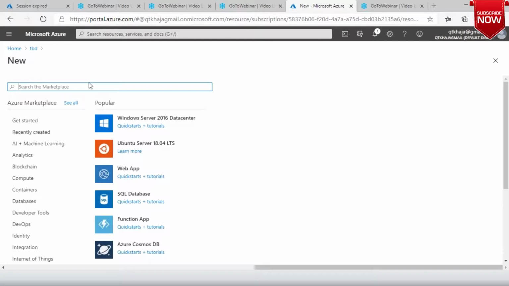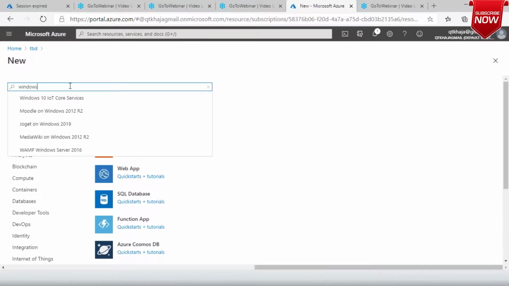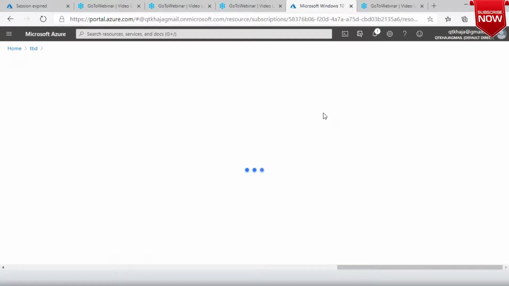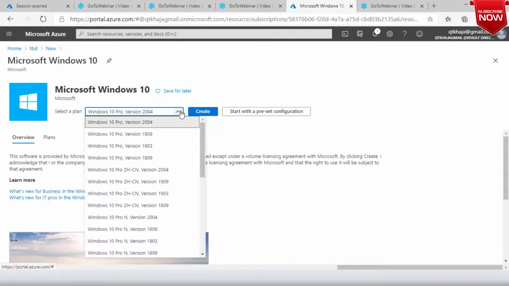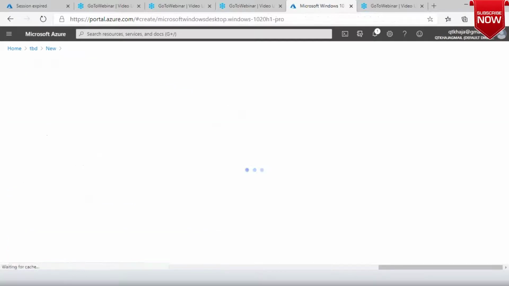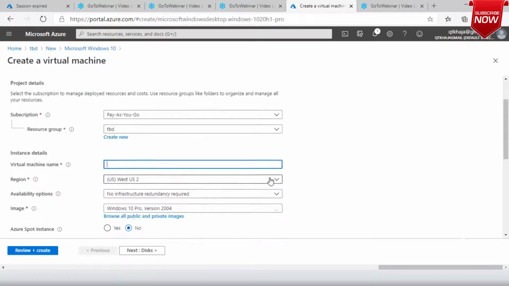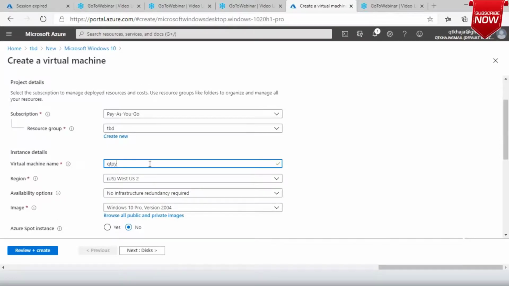I'm just creating one desktop machine. I'm creating the Windows 10 Pro version. I'll call it Qt Python.